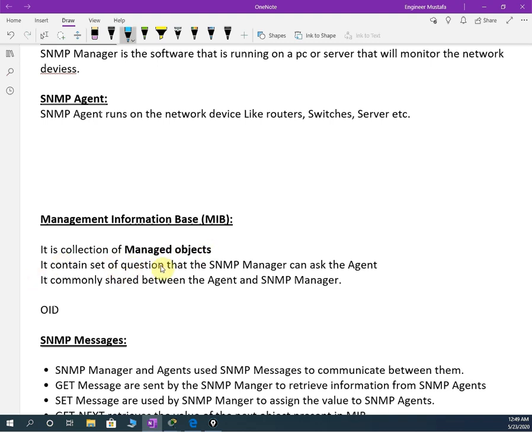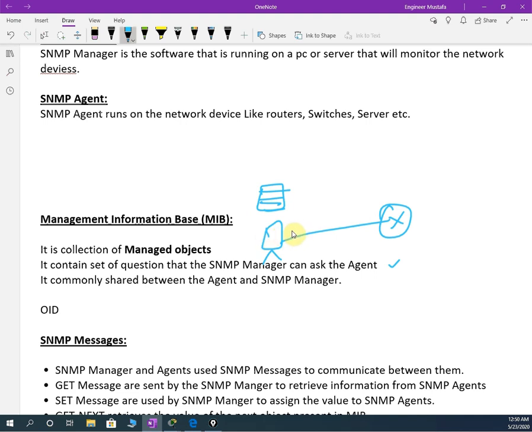It contains a set of questions that the SNMP manager can ask the agent, and it is commonly shared between agent and manager. Imagine this is one database, whatever questions we need to ask the router or switch or whatever networking device, those questions are all written here, and this is shared between the manager and the agent.